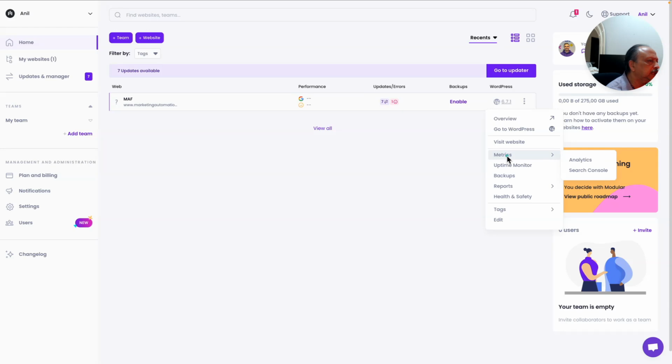I actually have connected my Google Analytics and Google Search Console account to Modular. So uptime monitor, backups, reports. You can create reports, health and safety of your website. Then if you have used tags, I have not used any tags, and you can edit this website listing. Now,